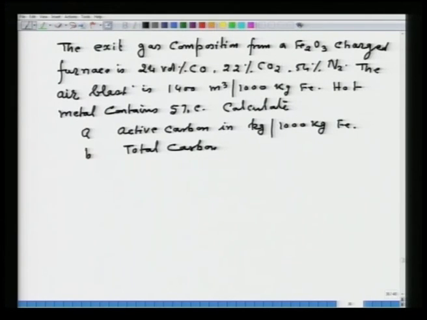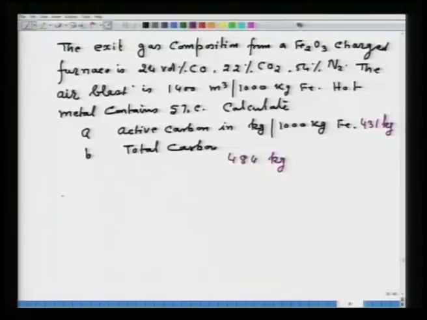So, the answer would be the total carbon is 484 kg and active carbon is 431 kg. So, with these two problems and the diagram, I have covered sufficient information